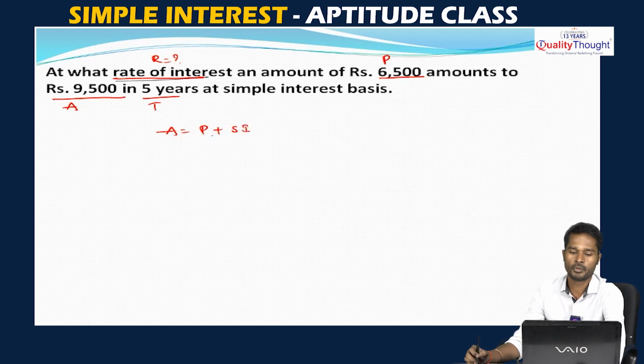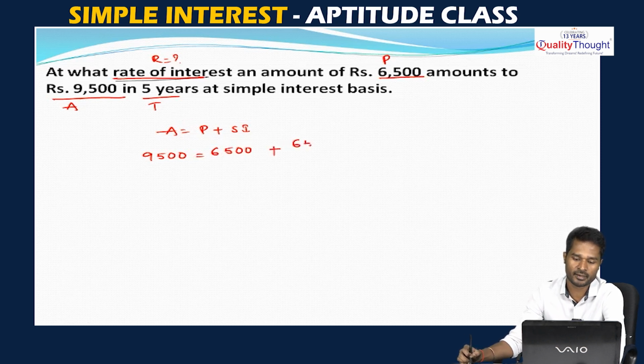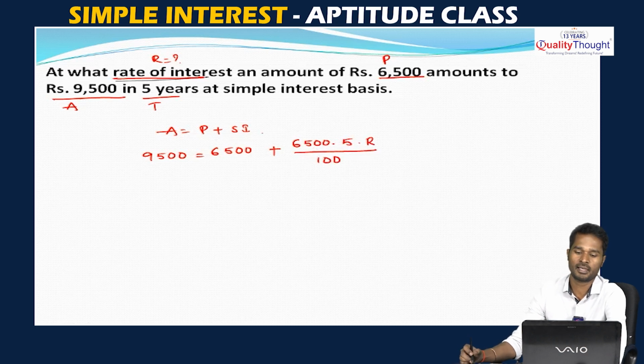Okay. So, total amount is nothing but principal amount plus simple interest. So, total amount 9,500 is equal to principal amount 6,500 plus simple interest, which I will write as 6,500 into time period 5 years, rate of interest R by 100. So, we want this calculation here. So, 9,500 minus 6,500 is 3,000